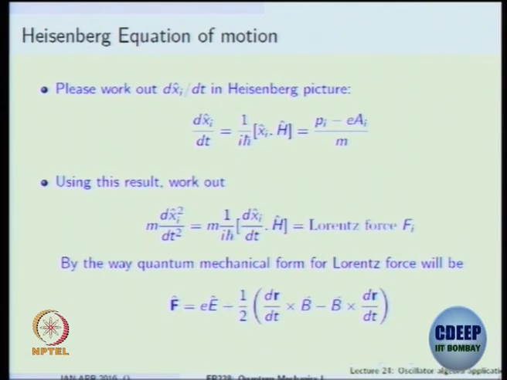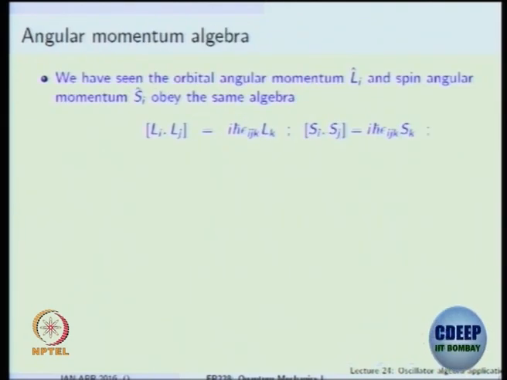Okay, so far I have tried to show how, using the harmonic oscillator algebra, writing the Hamiltonian for a particle in a magnetic field in terms of the ladder operators, we could get the spectrum, and I have also tried to use the Heisenberg's equations of motion and derive for you the familiar Lorentz force. We will move on to the angular momentum algebra, taking some of these ideas from the ladder operators and seeing whether we can find the states for the angular momentum operators.